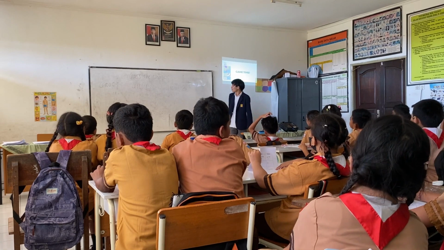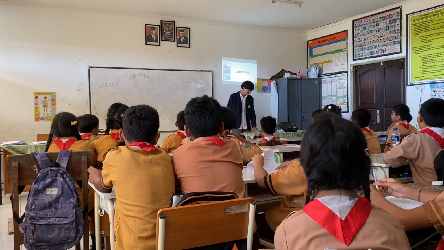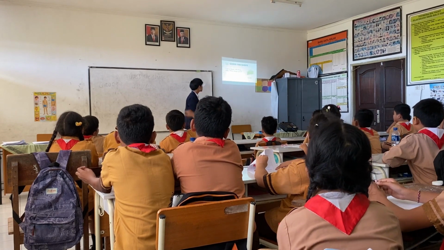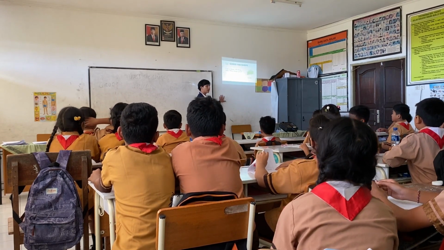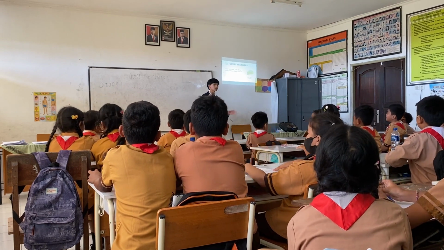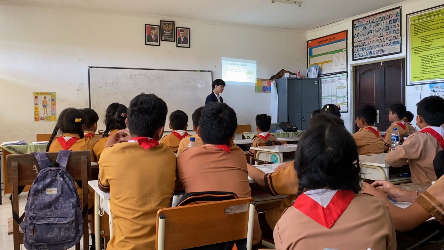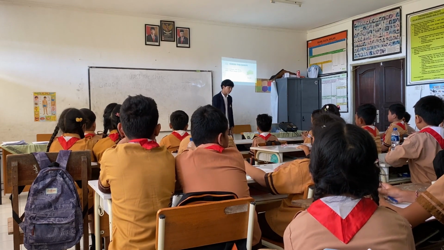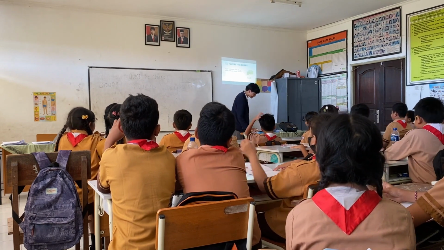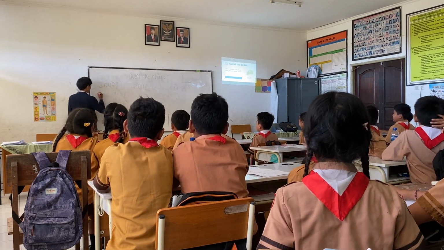Okay, so without further ado, are you guys ready? Ready. Okay, now let's get into the game. So this first one: I'm a shape with 3 sides. What shape am I? Now put your hands down. So from each group that can answer can raise their hand and say the answer, okay? Now who can answer the first question? Okay, great job. So the first one is triangle. Congratulations to group 1 to get 1 point.